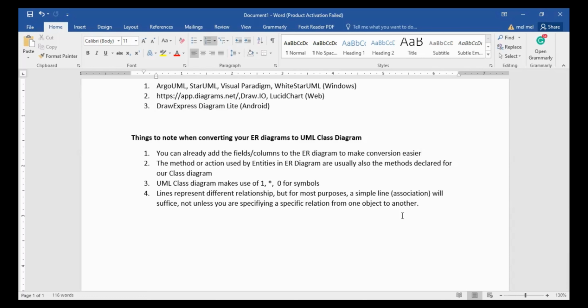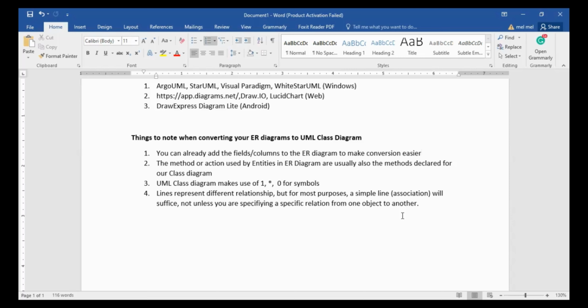Let's say, for example, you have an entity called student. The student will have a student number, which is text. It could have a name, which is text, and age, which is an integer or a number. Okay, you could already input that into your ER diagram